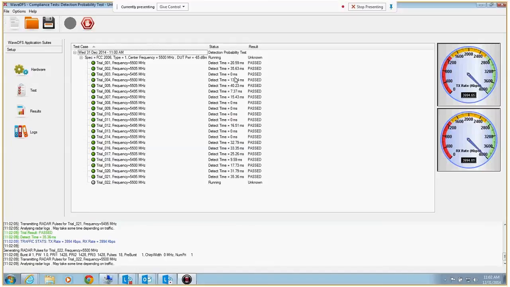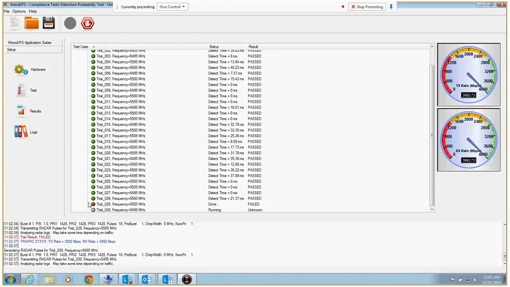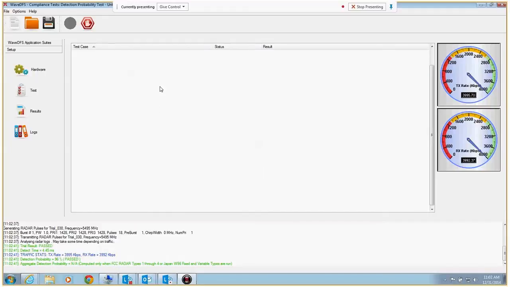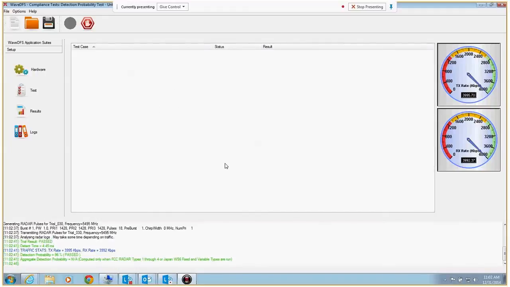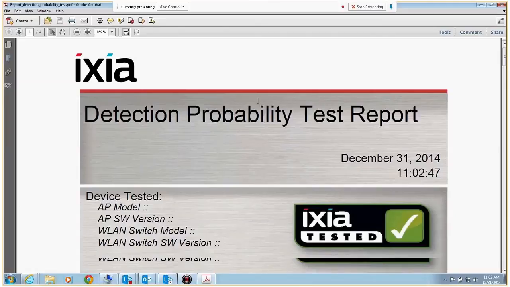And so you can see sometimes the detect time is 0, which means that the channel change announcement actually came out before the end of the radar pulse train occurred, and that's fine. That just means that the access point actually caught an early part of the pulse train. But this gives you an indication of how well the access point is responding to the radar pulses. And we can see here green means that the trial was seen, and the red dot that we saw there was a fail. And now the detection probability test report, the PDF is generated, and we can go down and